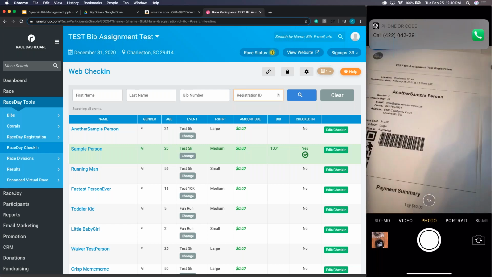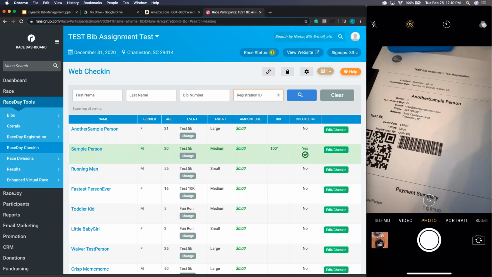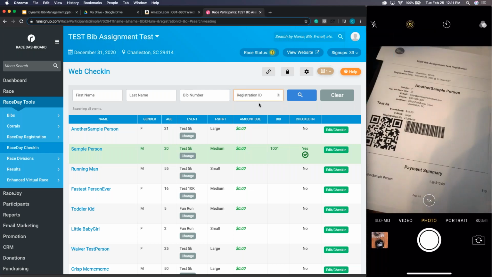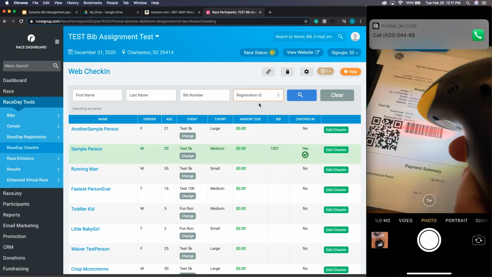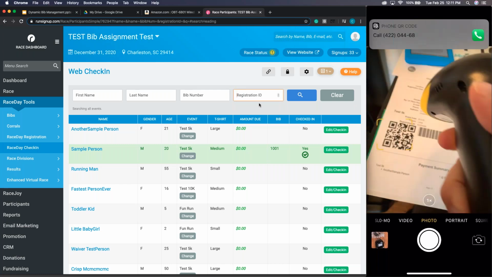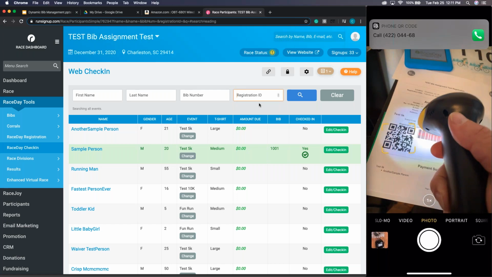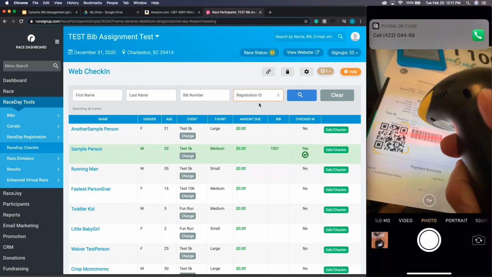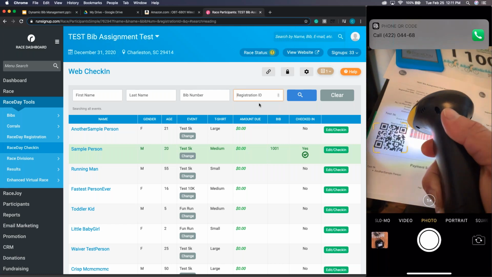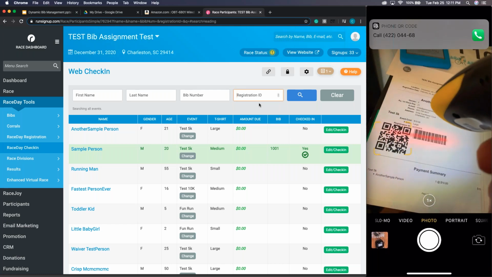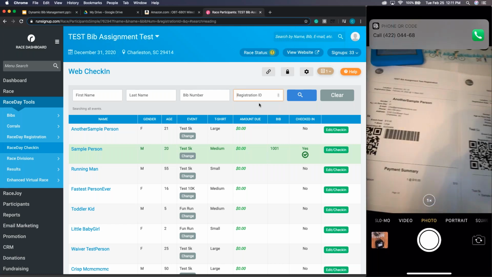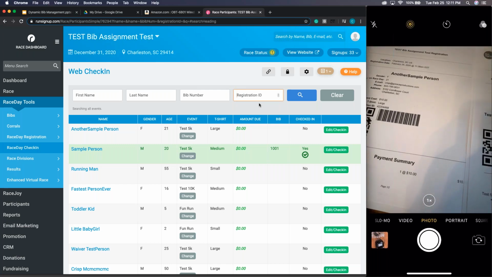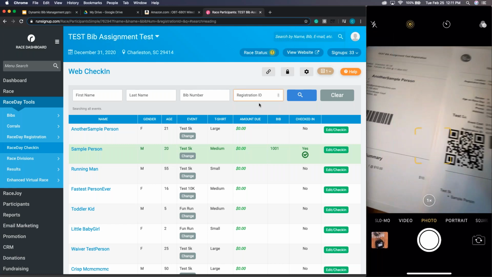And now we have another one sitting here. And so again, we're still in the reg ID field. We'll scan another sample person. Sorry, like I said, this is an older barcode scanner, and it's not wanting to scan this one. So even if it doesn't want to scan this person, and I'll show you how much easier it is to use with the Checkin app,